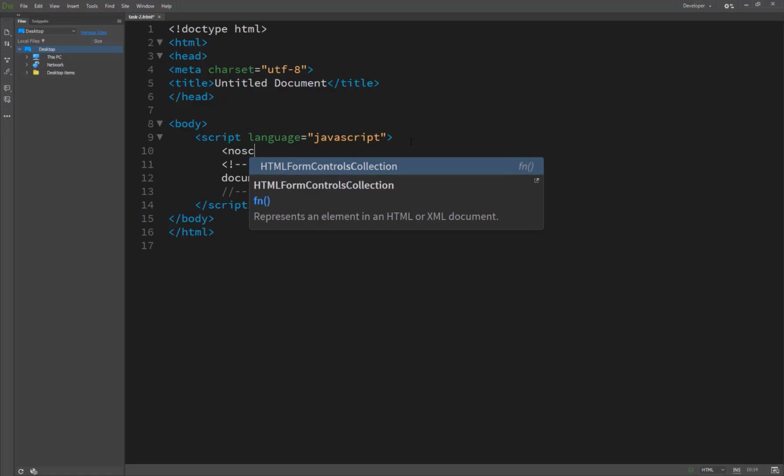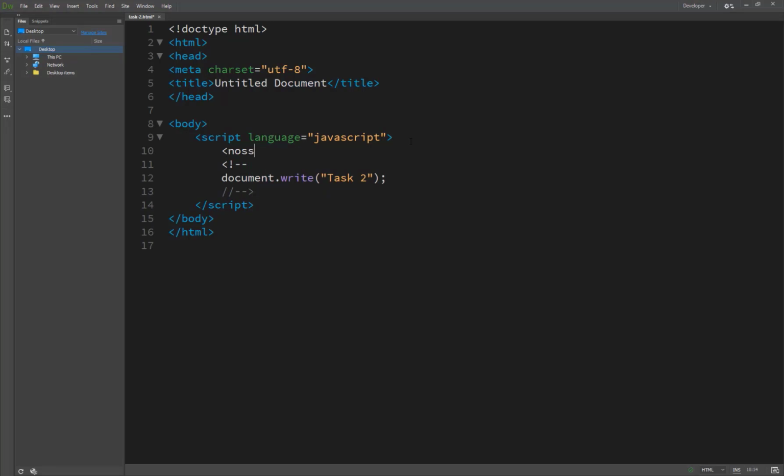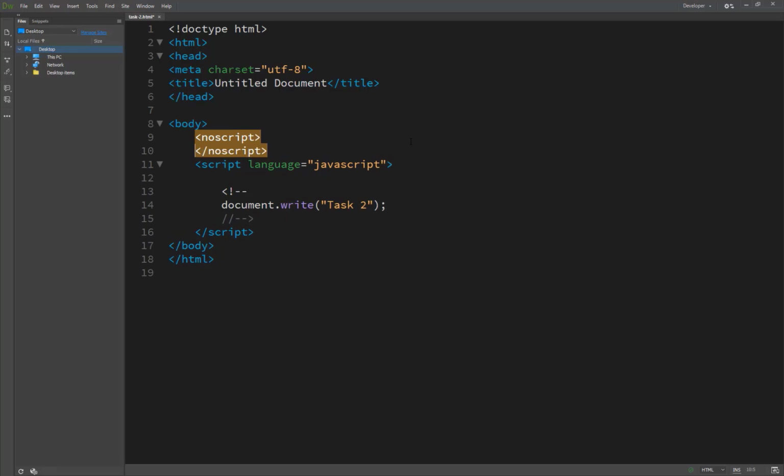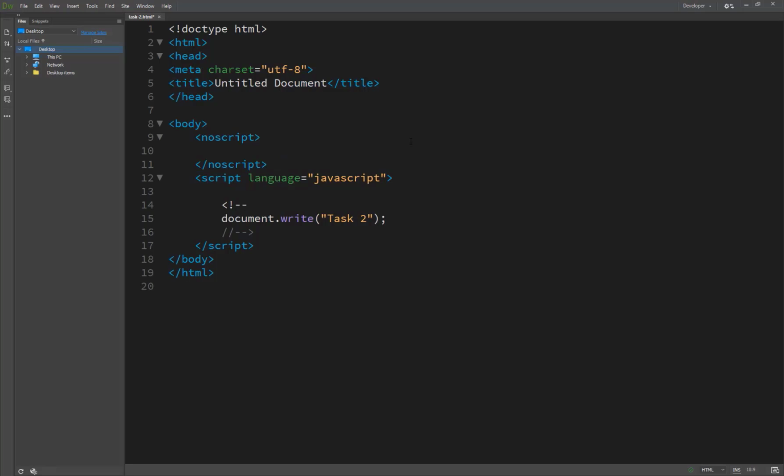But if we use the alternative technique, the noscript tag, not inside the script tag, sorry, we write noscript here, and inside if we print anything, like hello world, now you see the results are not the same. The text inside the noscript tags is not showing on our browser, because noscript is meant for browsers that do not support JavaScript, but this browser totally supports JavaScript.